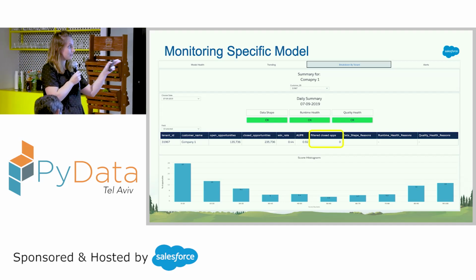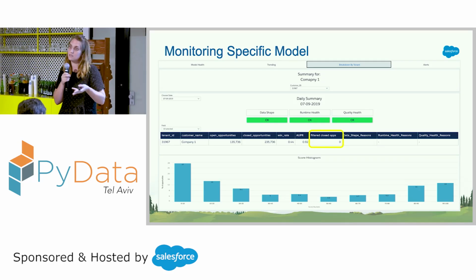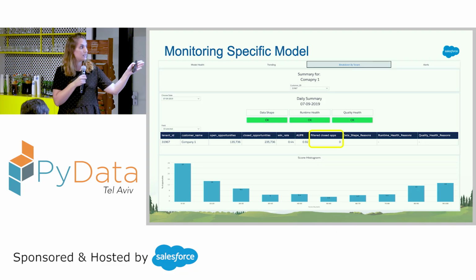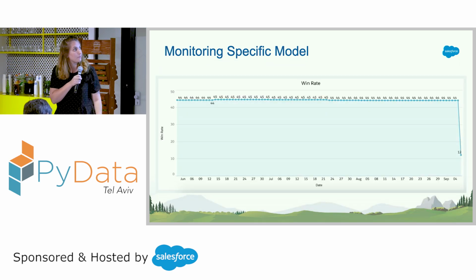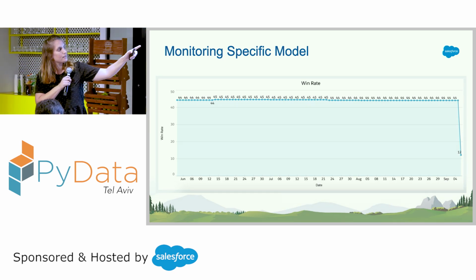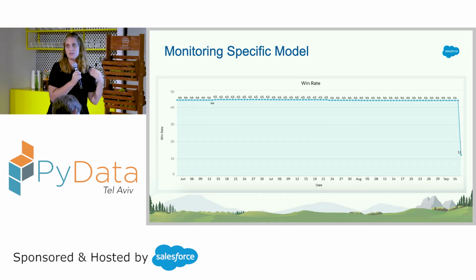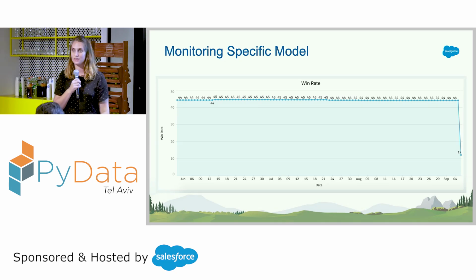So from this, I can see that the filtering my customer added to his model actually affected both the quality health, because of the AUPR, and the org shape, because the win rate became really unbalanced. You can see how the win rate behaved until the filtering and since the filtering. So of course, after this, I immediately notified my customer about the issue with his filtering, and I want you